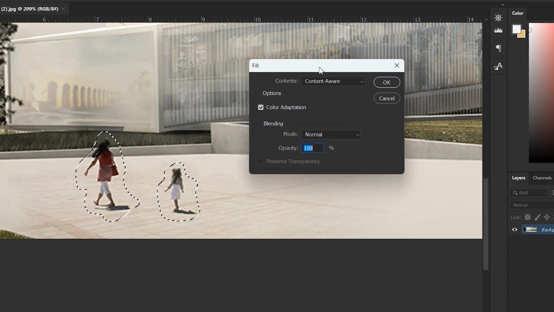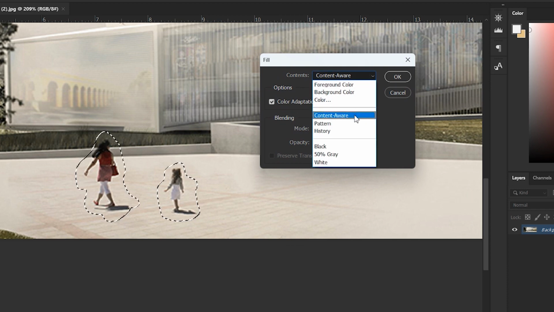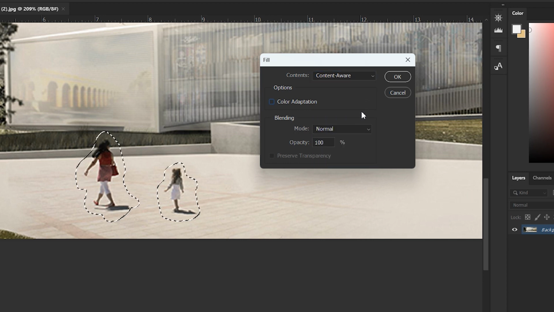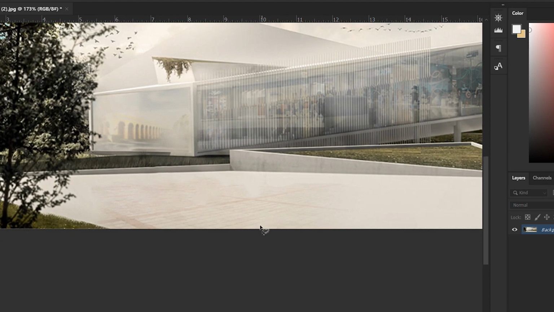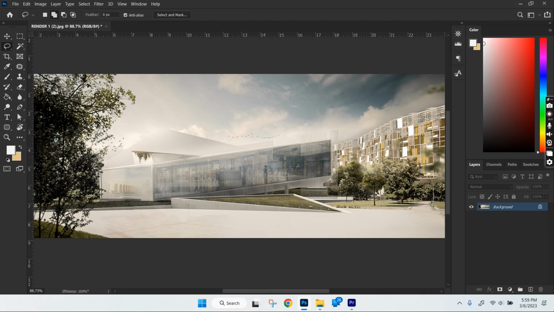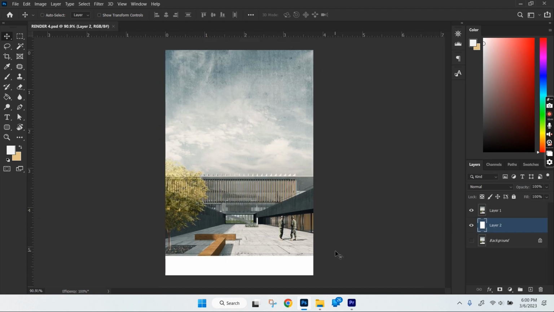You can now see the Fill menu. Inside the Contents drop-down tab, you will have multiple options. Choose Content Aware from that. The rest of the options can stay as it is. Now click OK. And boom! Photoshop will automatically fill in the selected areas with contents from the surrounding areas, creating a seamless and natural looking result. An additional bonus tip with this is that the tool is not just for removing elements, but it can